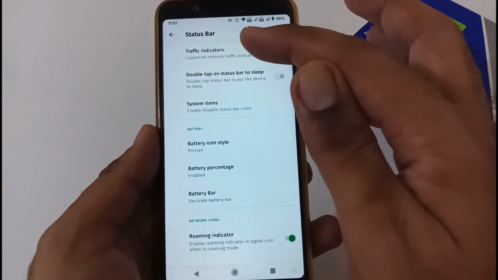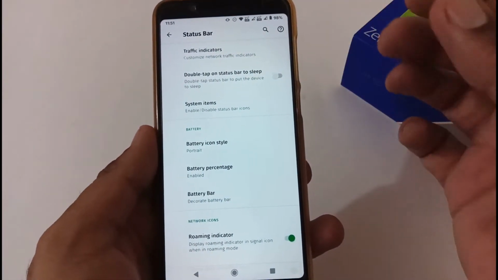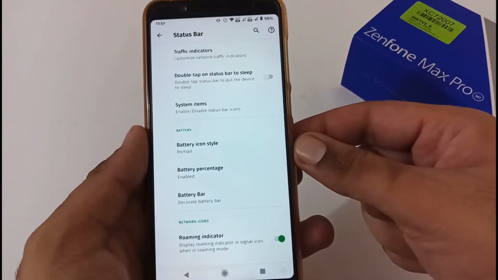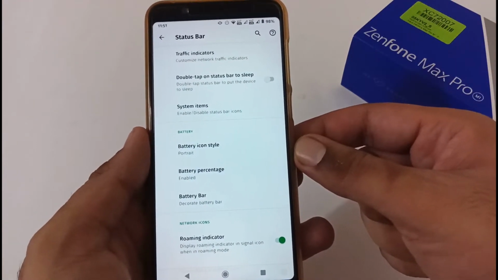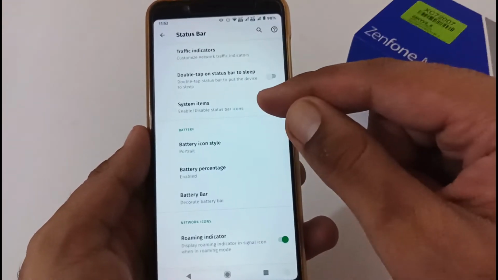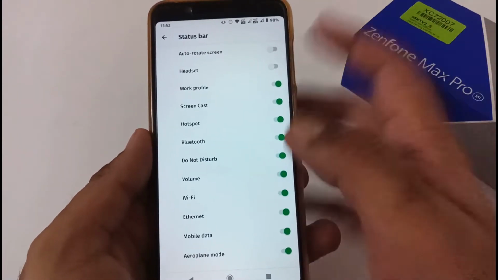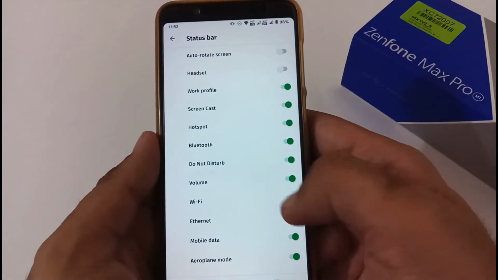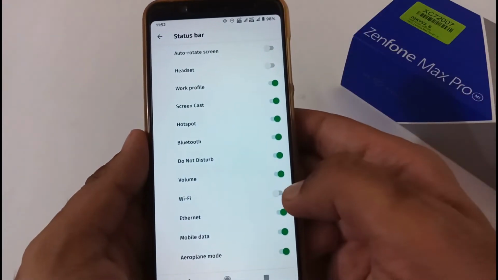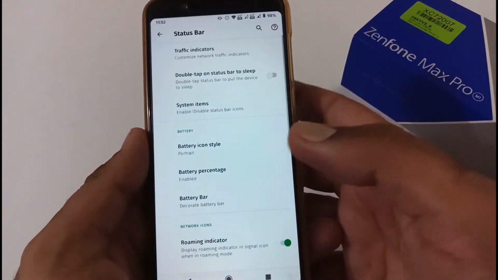So in the status bar, the developer has provided traffic indicator, or I would say traffic network indicators and so on. It is not working at my side, but whenever you try, do confirm in the comment section below so that this will surely be helpful for the other users. Apart from this is the system icon. So system items, this is working absolutely fine. So let me turn off the Wi-Fi and the Wi-Fi icon will be removed from here. So as I've turned it off, that's why the Wi-Fi icon is removed. If I turn it on, then it will again be added. So this is really a nice thing.